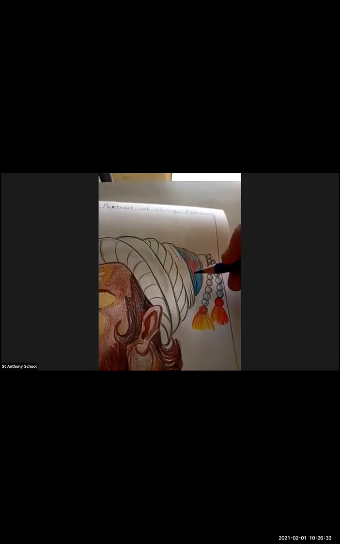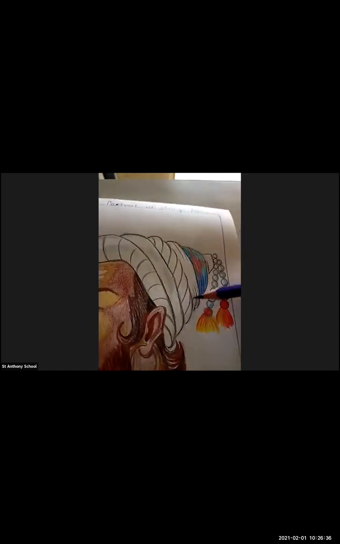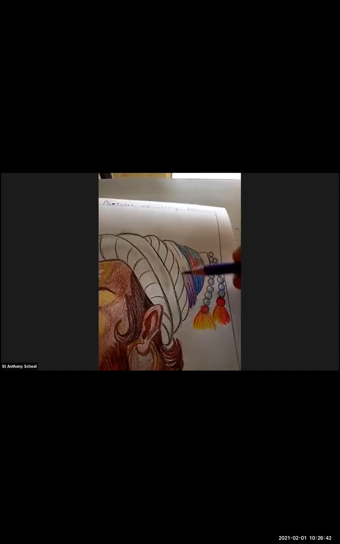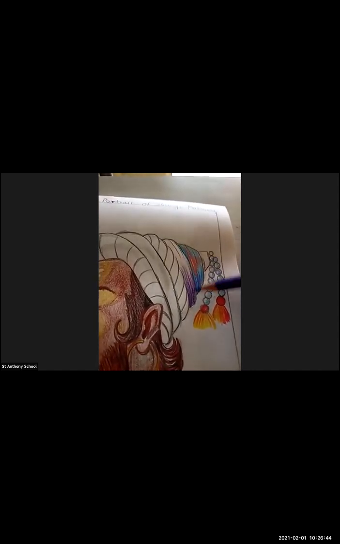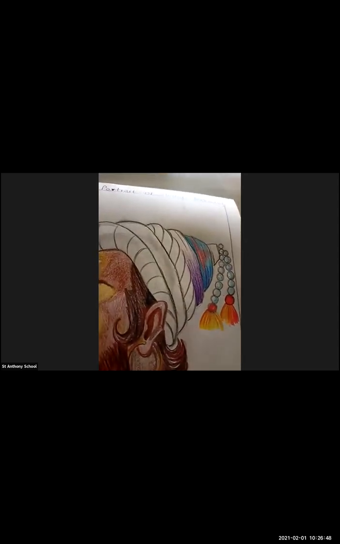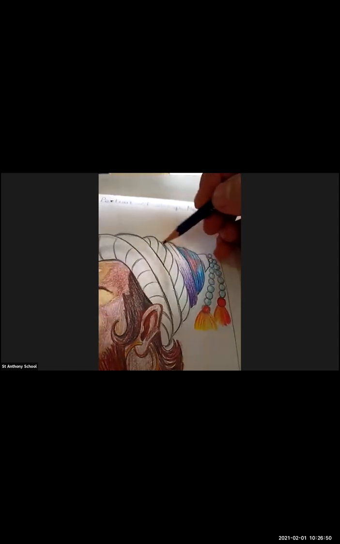This is how you can add the shades in this. Use the pencil properly and you can do the shades in this way. Just look at this.